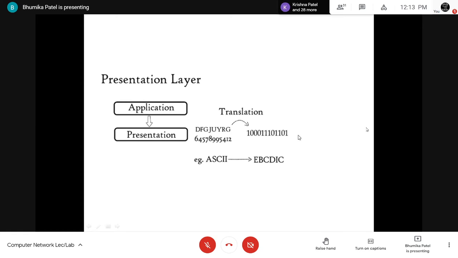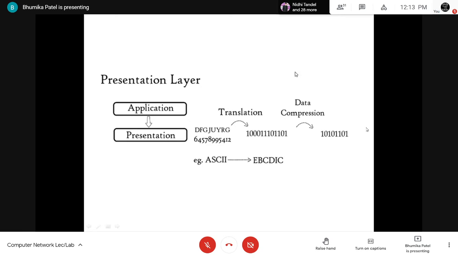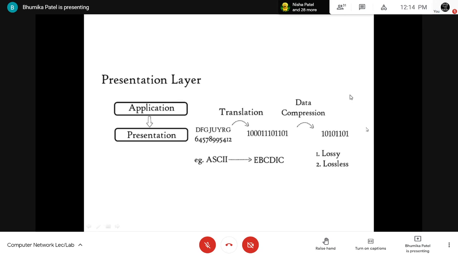So before transmitting this data, the presentation layer will do another task, that is it will reduce the number of bits. As we know, a machine can understand only zeros and ones. Once this data is converted into the binary format, after that it will be reduced into fewer bits. Whenever you are performing this bit reduction, it is called data compression, and it can be lossy or lossless. Why is there a need for data compression? We already did the conversion so the machine can understand, right? Now why is there a need to compress this data?